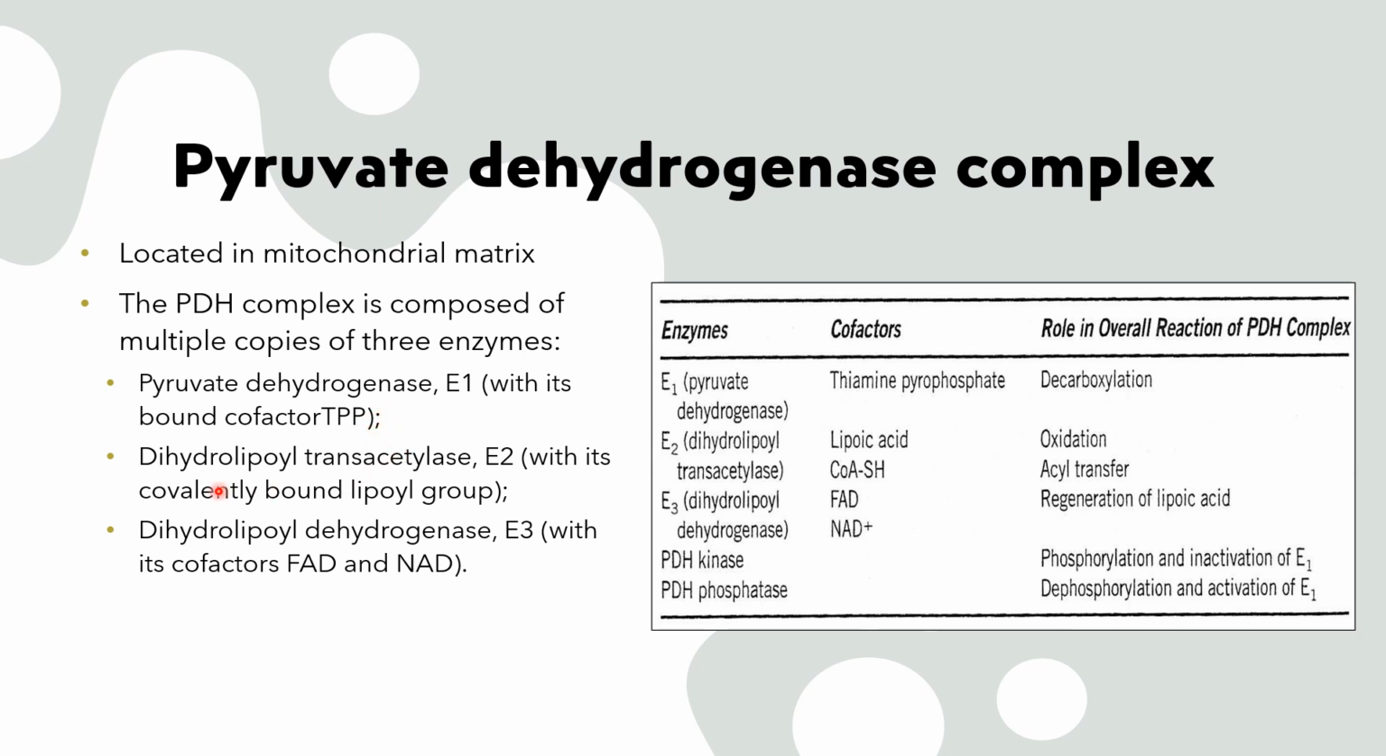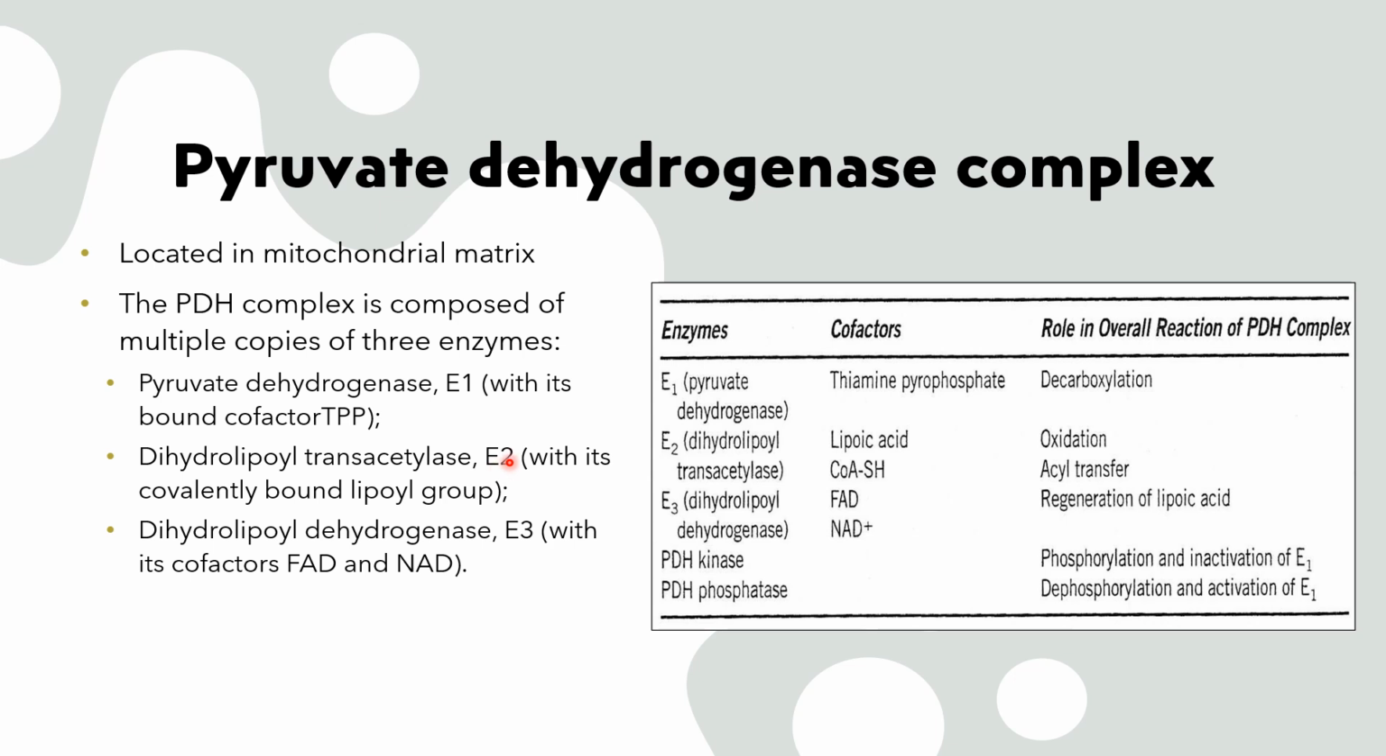E2, also called the hydrolipoyl transacetylase, takes the acetyl group from E1 and adds coenzyme A to it to give us our acetyl-CoA. So this is the function of the E2 enzyme, and it has the 2 coenzymes, lipoic acid and coenzyme A. So remember lipoic acid, we saw it has a sulfur group, sulfhydryl group, and this sulfhydryl group, sulfur groups are